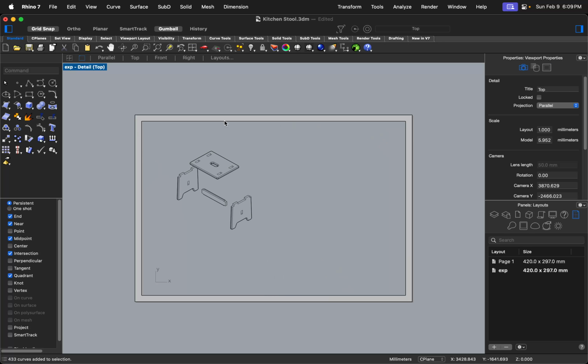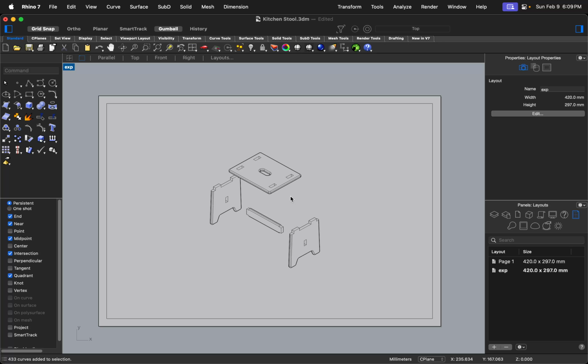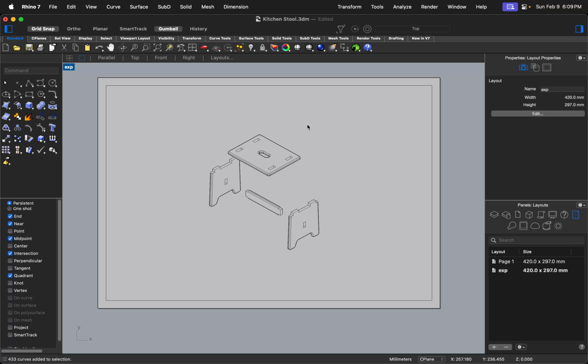Perfect. Zoom, zoom. So make sure that the scales are correct. Perfectly, and that's it. So in the exploded view, you may want to add labels to indicate what the parts are,